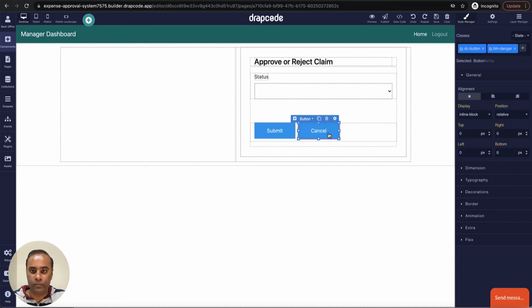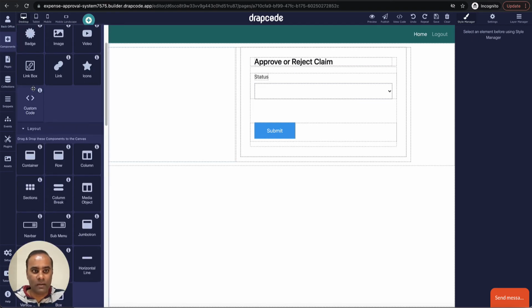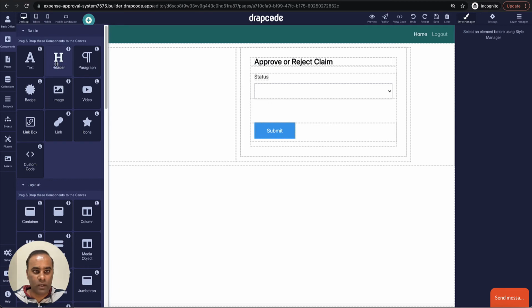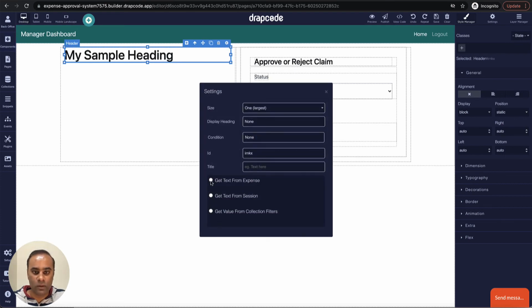So now we have only a form where we are saying who is doing it, and maybe we also want to display for which particular claim this is happening. So we can go and display in the text which particular claim it is. Since we already have the expense collection bound to this page, we will get the value. So let's go and get the value from expense.